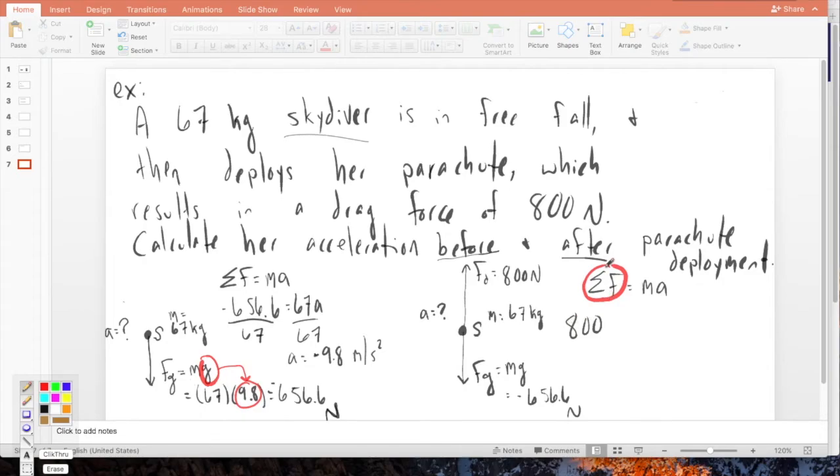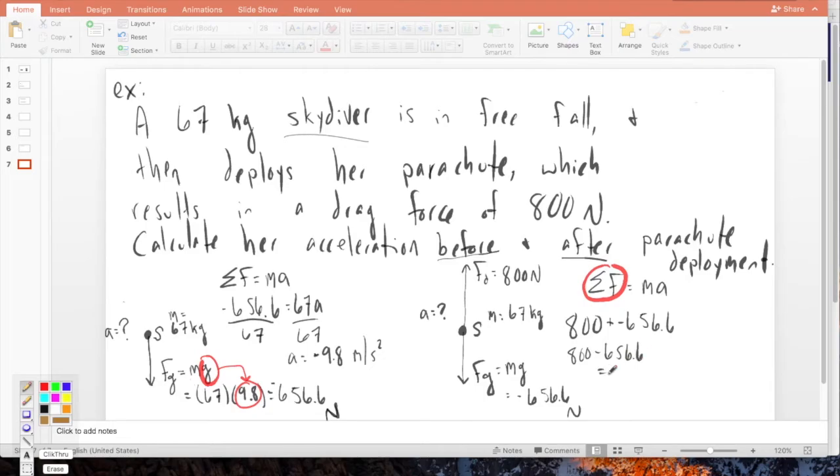Positive 800. What does the sigma mean? It means total, sum, add up. So 800 plus my other force is negative 656.6. That is the left side of this equation, the sum of all the forces. I've just expanded it to do what the equation tells me to do, add up all the forces. 800 plus a negative is going to be 800 minus